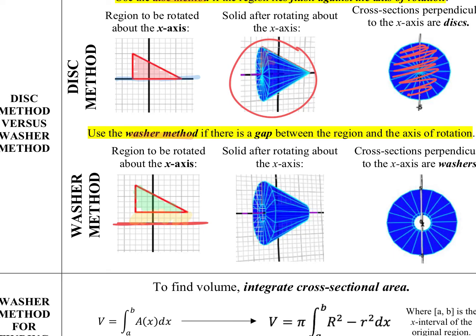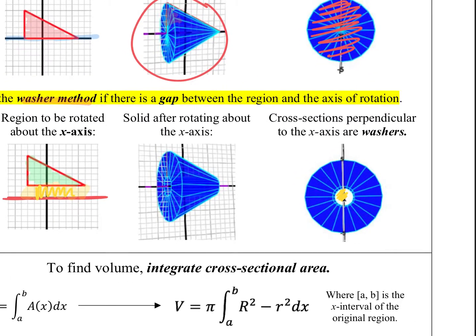So when I do that rotation, it's going to create a circle, a hole in the middle of this. So when I look at the cross sections, they're going to be shaped like washers, because there's going to be a big hole in the middle that's created by this gap in between the axis of rotation and my region. My cross sections perpendicular to the x-axis in this case are shaped like washers,